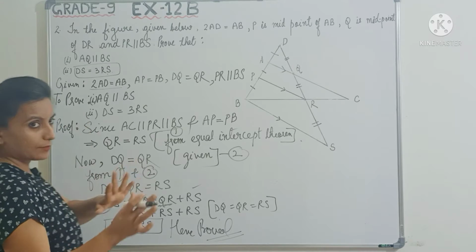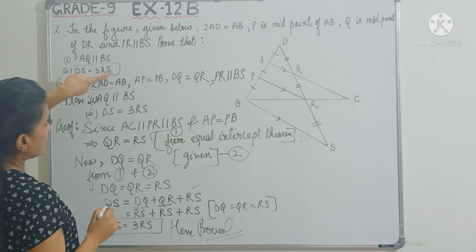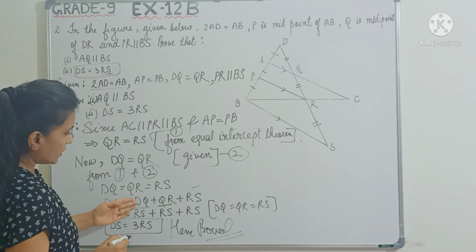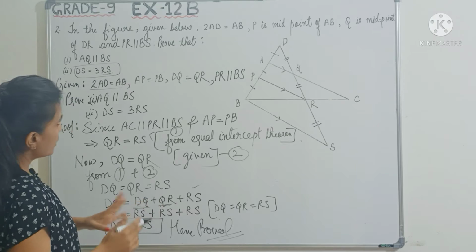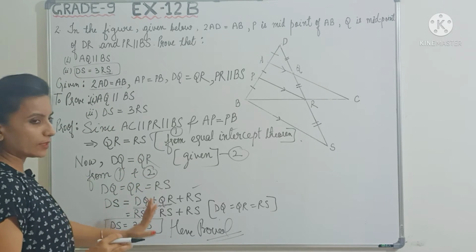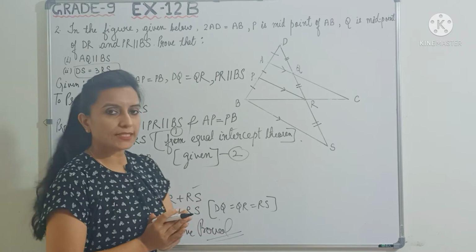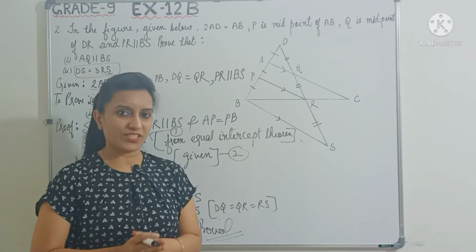So, in exam, actually, teachers can change this, right? They can replace RS with DQ or QR. So, based on the question, you can decide which one to replace. Okay, so try to understand the logic. So, I hope it is clear. Now, let's move to the next question.